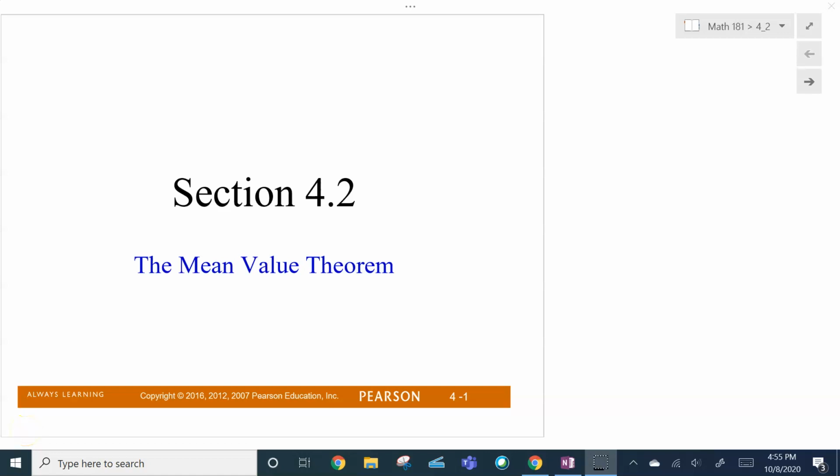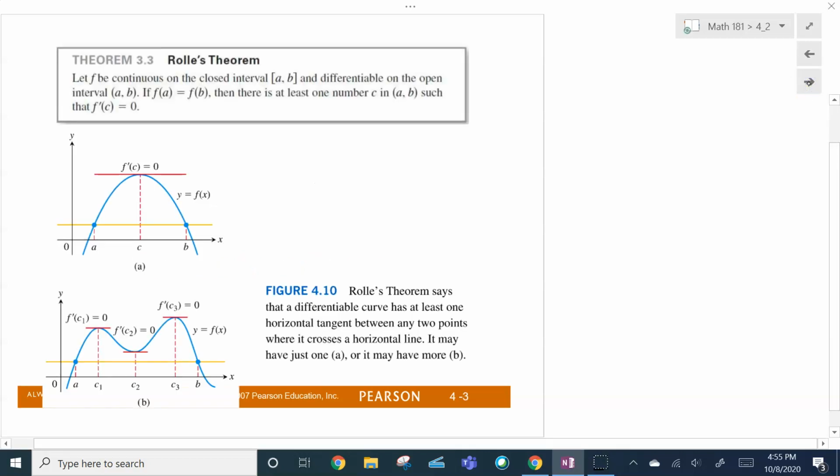We're going to look at Rolle's theorem as well as the mean value theorem in this section. Rolle's theorem, by the way, is named after the French mathematician Michel Rolle, who lived from 1652 to 1719. This guarantees the existence of an extreme value in the interior of a closed interval. So the requirements with Rolle's theorem are: